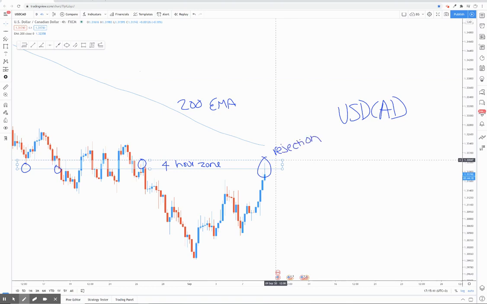So the next thing I would do, once I have all of that info, and I can see, okay, I have my trend. Yep. We have rejection. Yes. We're at a zone. Yes. So I have the 3 top things that I'm looking for here. The next thing I'm going to do